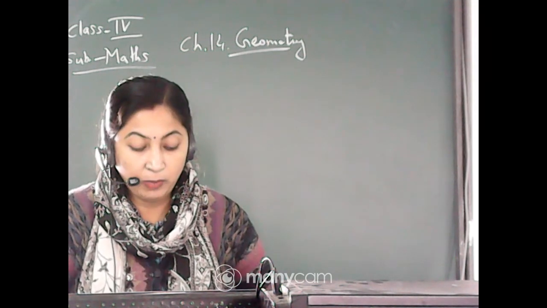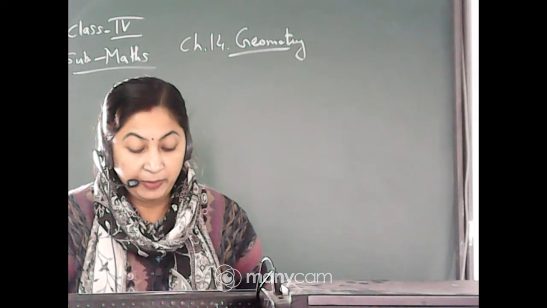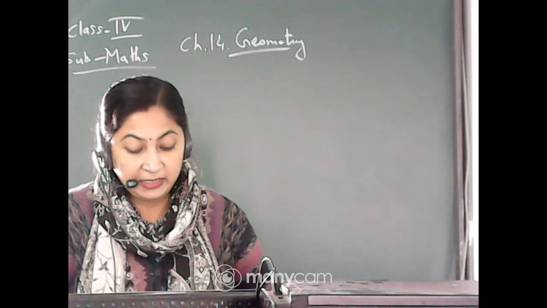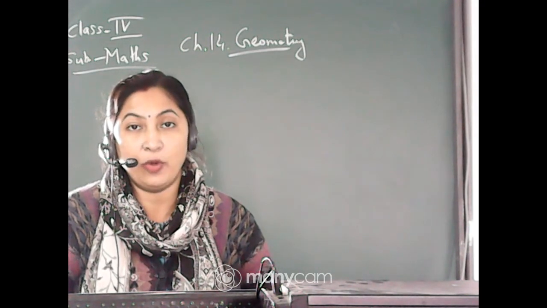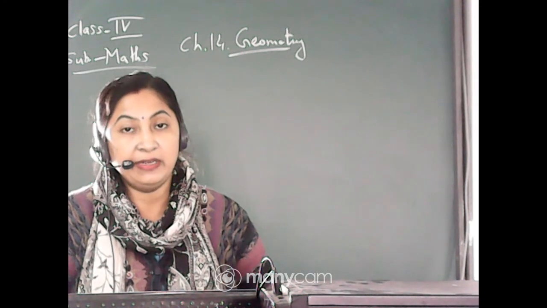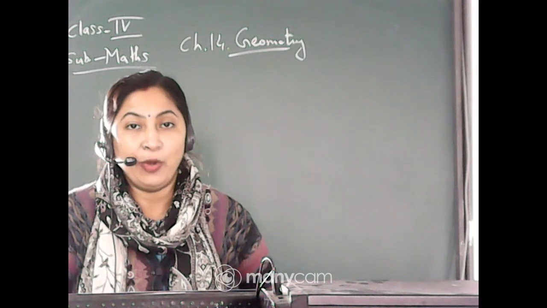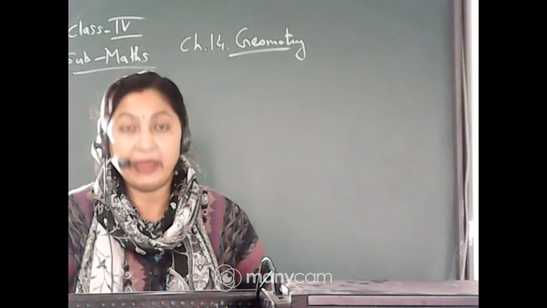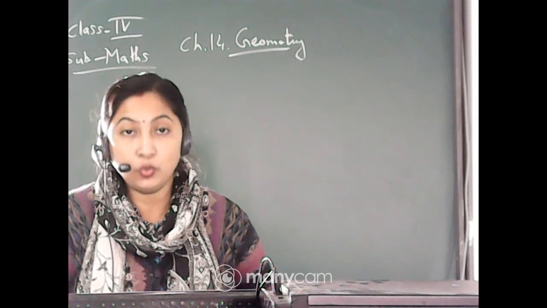Okay. Now come to question number 2, fill in the blanks. I'm reading it, you just write the answers in the book. The first one is a line segment has dash endpoints. Yes, we have already discussed yesterday. A line segment has two endpoints. One is the starting and one is the ending endpoint. Okay, so here you will write two endpoints. So a line segment has two endpoints.